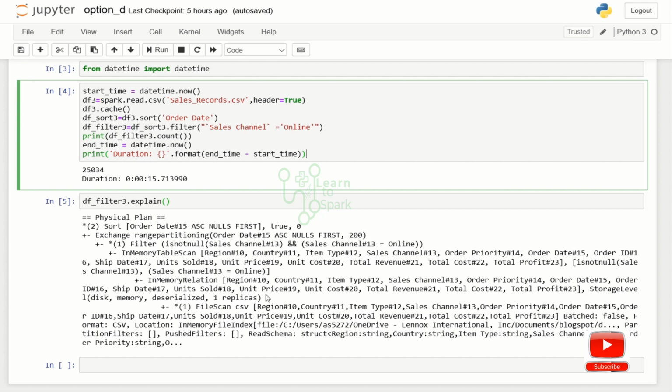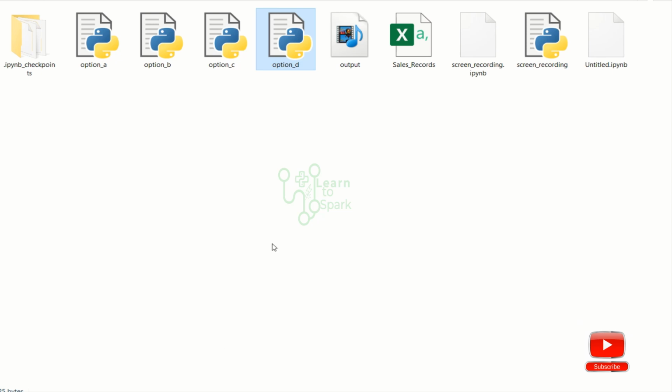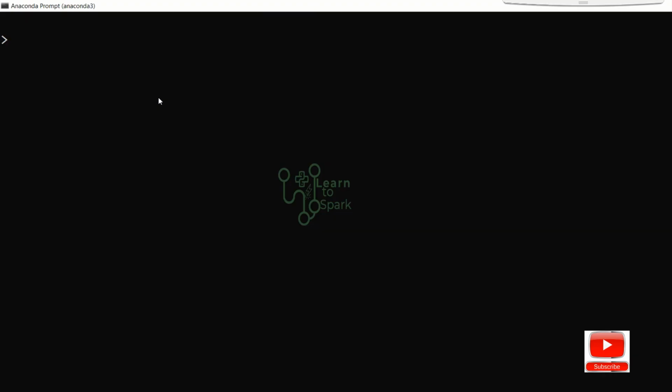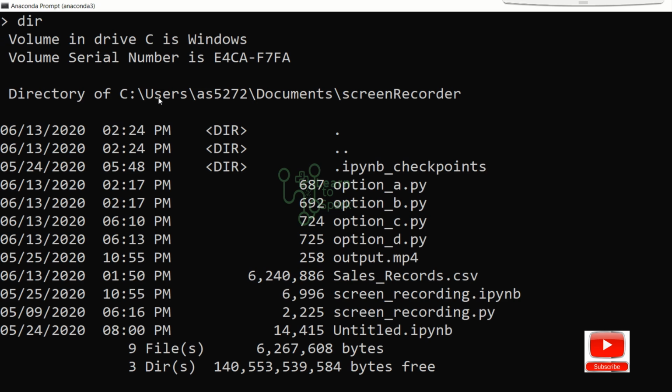I have created four Python files: option A, option B, option C, and option D, and we have the input data here. Let us execute through the Spark submit command and check how much time each takes and which returns the result faster. I have opened an Anaconda prompt to execute our Python script, and I also moved into the location where the Python script has been placed.